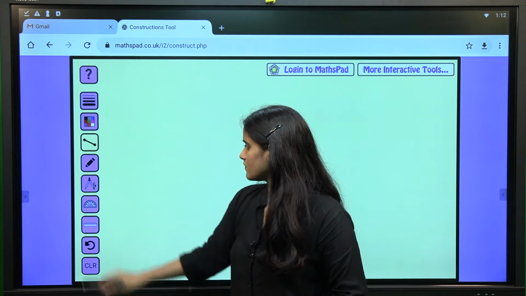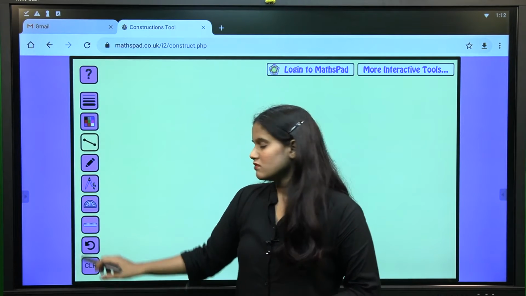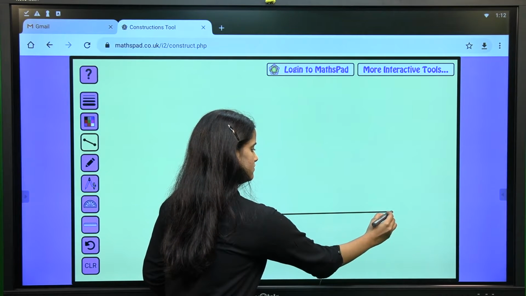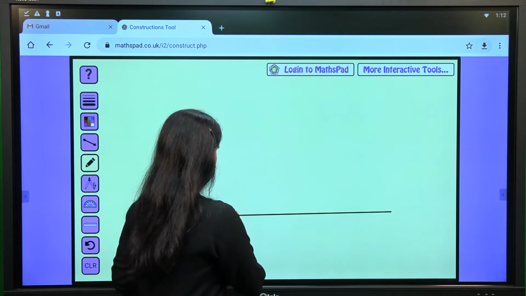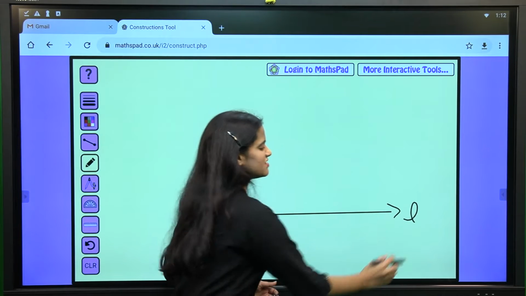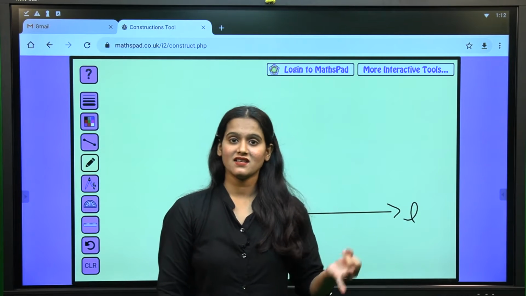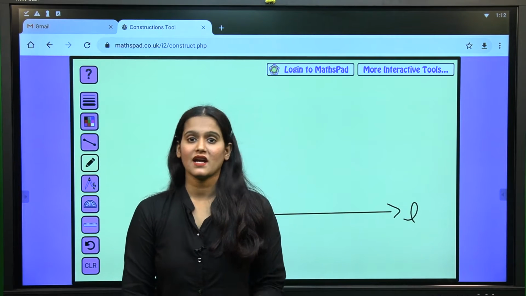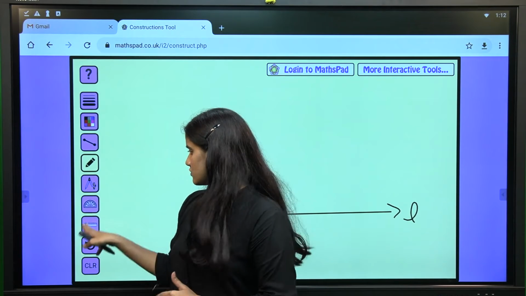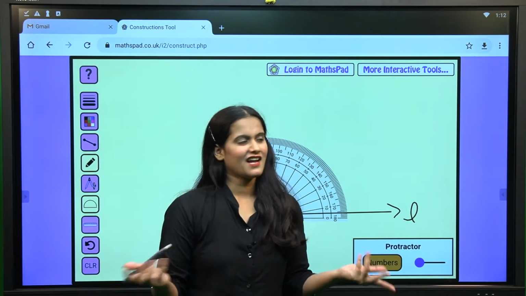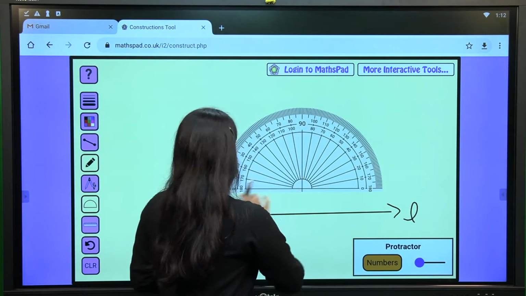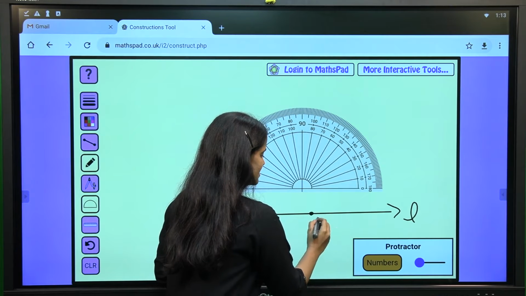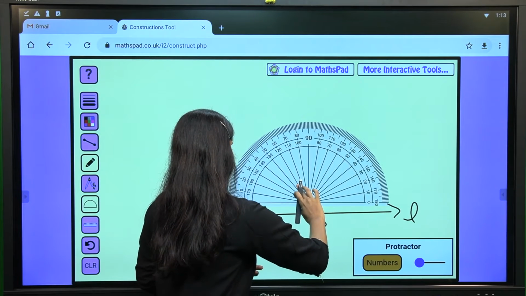Okay. So let me take a line. I'll just name it as line L, since they already gave line L, line X and M. The same thing I'm going to use here. Next is drawing of perpendicular line. So instead of construction everything, just use a protractor, 90 degree, right? Just keep it here. Before that, let me mark a point on this line L, any point. I'll name it as B itself. So here, I'll keep it.